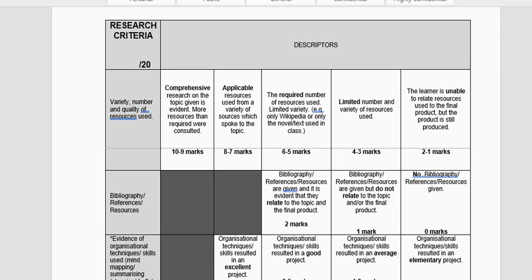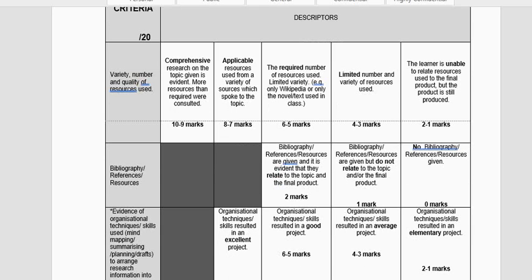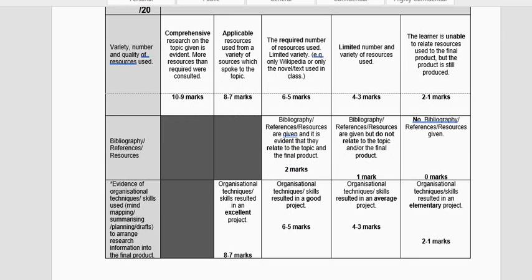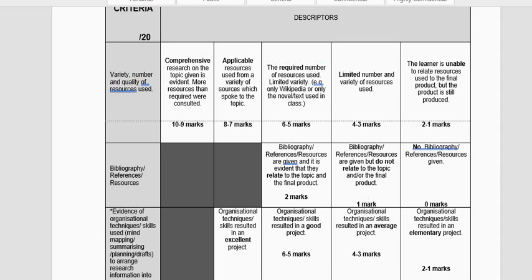In the rubrics, you will see the criteria and you will see the descriptors, and this is very user-friendly. The research part of the project has 3 criteria. The first 2 can be assessed while the learner is busy with the research project. The last one can actually only be assessed on completion of the project. So be prepared for that. First 2 criteria can be assessed throughout the process. The last one actually only at the end of the process.